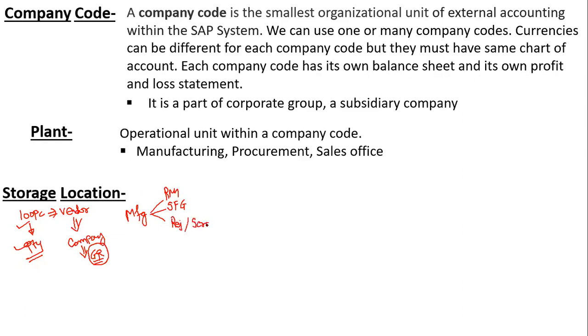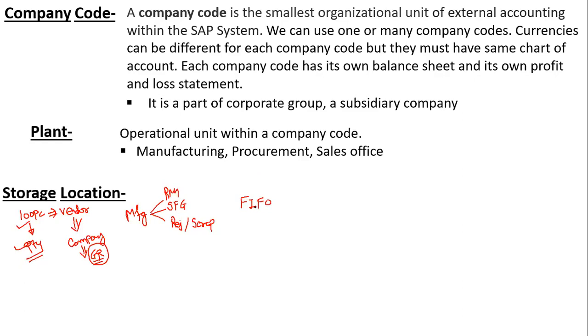So I want to create a scrap storage location separately. So I can create the storage location based on the type of material. Let's take an example of a pharmaceutical company, where we keep the storage location on the basis of first in, first out.